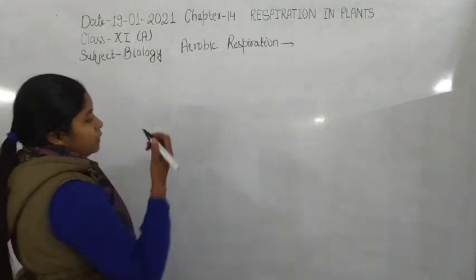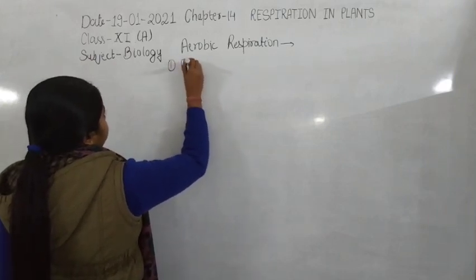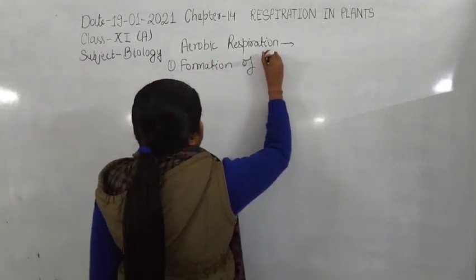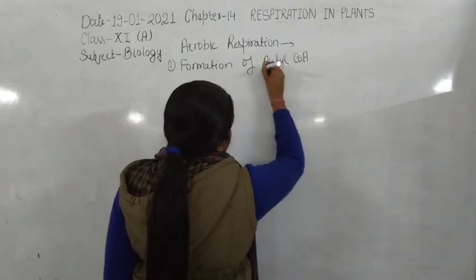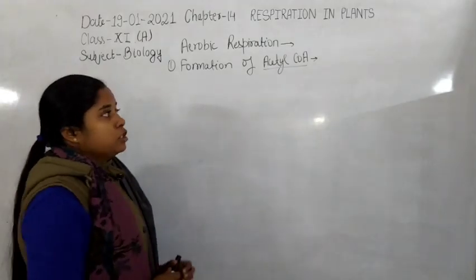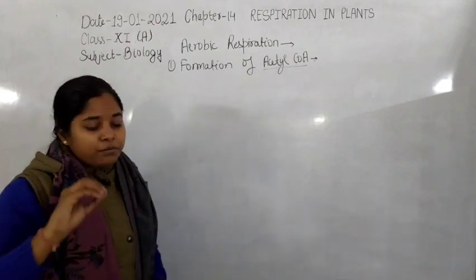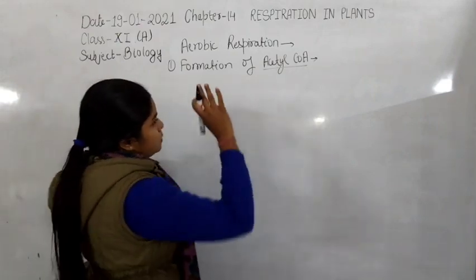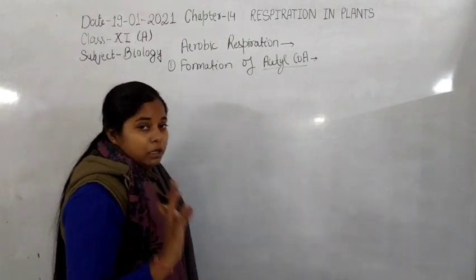In aerobic respiration, the first step is formation of acetyl coenzyme A. Acetyl coenzyme A is involved in aerobic respiration and also in the Krebs cycle. Before this, the pyruvic acid is involved in the formation of acetyl coenzyme A. The pyruvic acid is transported into the mitochondria, where the formation of acetyl coenzyme A takes place in the presence